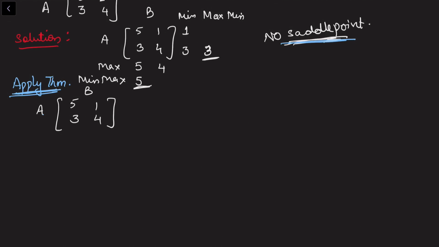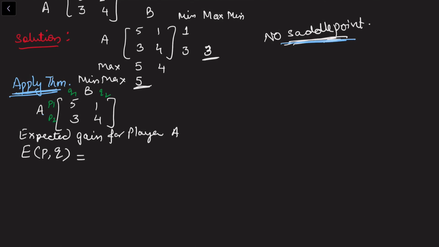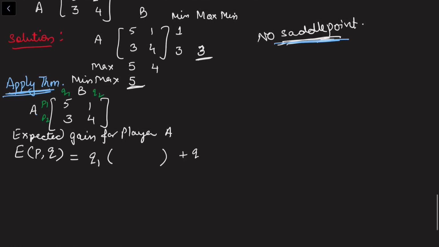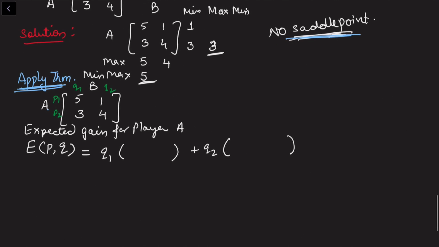So this is the problem, and we say that these are the probabilities for the two strategies of A, and these are the probabilities for the two strategies of B, that is B1 and B2. We have seen in the proof of the theorem how we got the expected gain of player A. So I am writing here the expected gain for player A. Irrespective of what B moves, first we have to put the moves of player B. So these are the moves for player B, Q1, Q2. When I put their probabilities, that means I have considered both the moves of B. And then I am writing the expected gain of A.